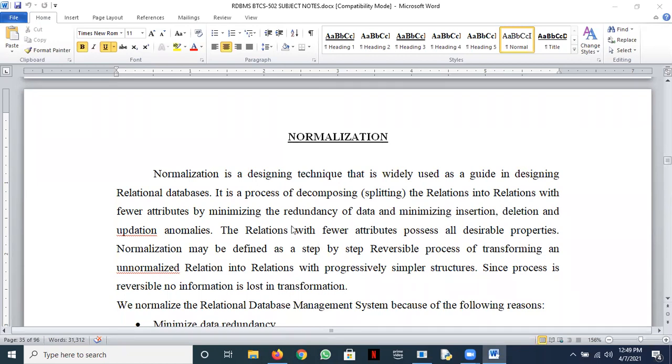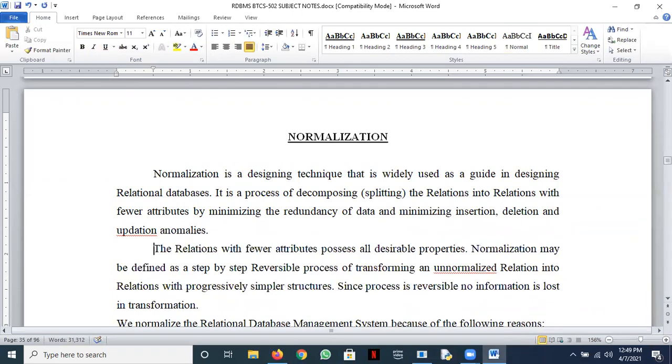Okay. So I'll just break this here so that the things are clear for you. Process of decomposing or splitting. That is, you split or decompose your bigger relation into simpler, smaller relations having fewer attributes and which minimizes the redundancy of data.